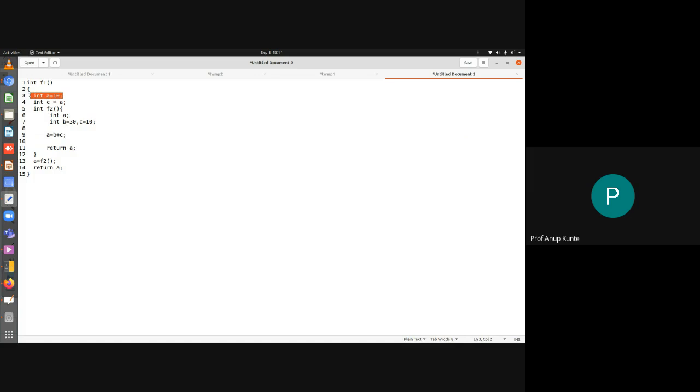Okay, this happens because the binding between name a and this value 10 and the memory address where these two things are associated with, that binding is disassociated when I call function f2, because inside f2 this variable binding is not having scope. Okay, so what is a lifetime of a variable? A lifetime of a variable is the point when it gets created up to the point when it gets destroyed.